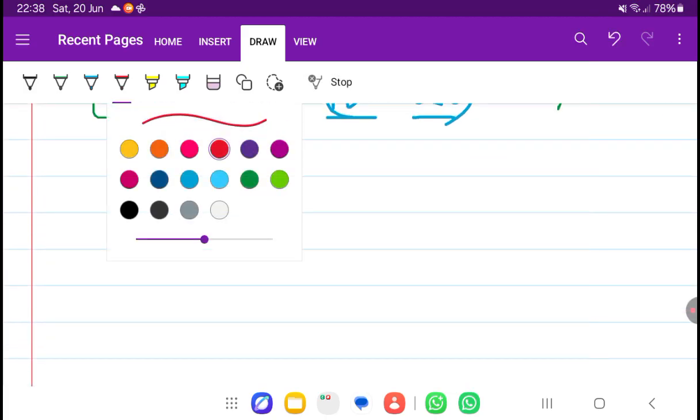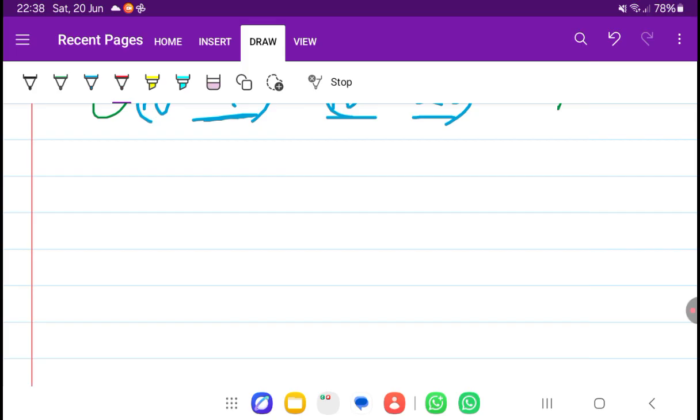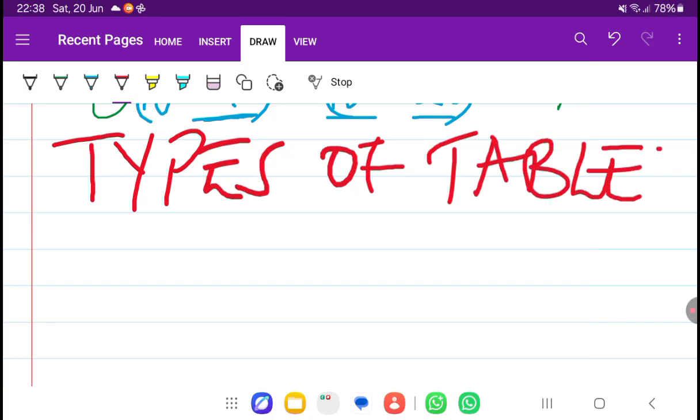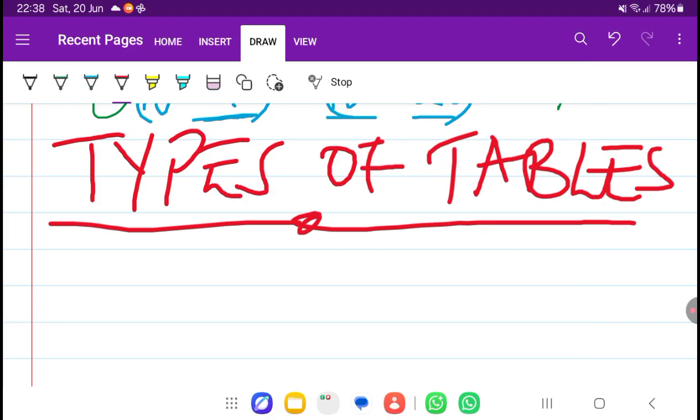Of course, I've already talked about the frequency tables. So let's start with what we call